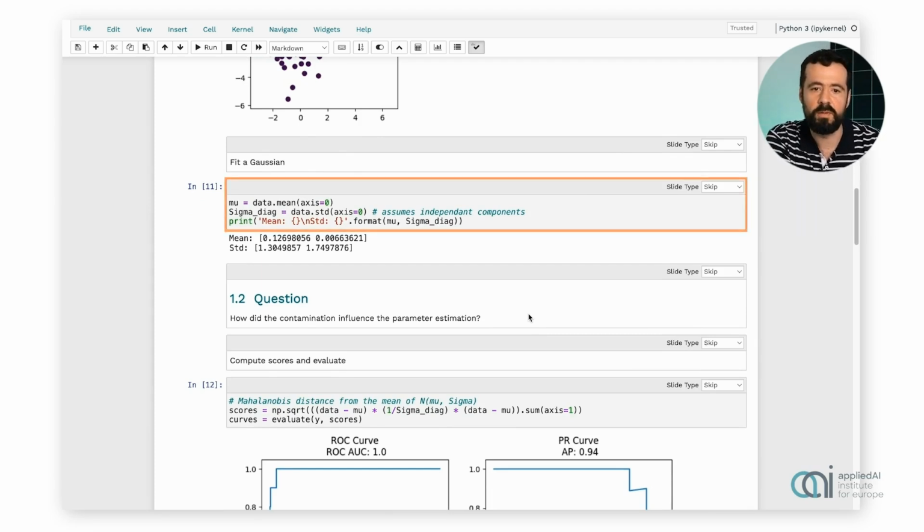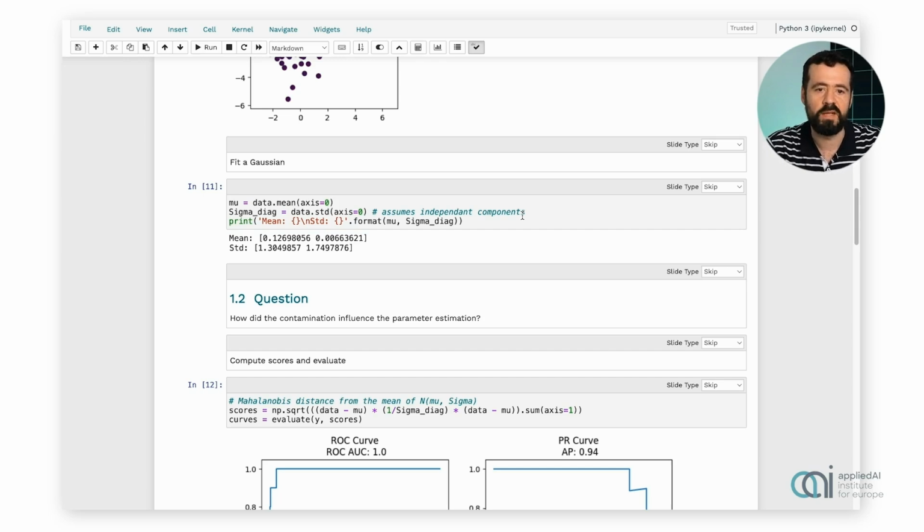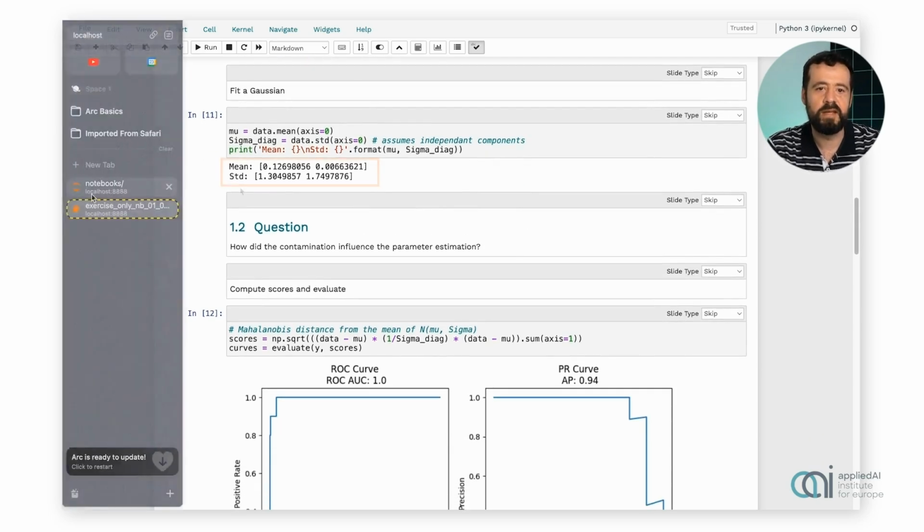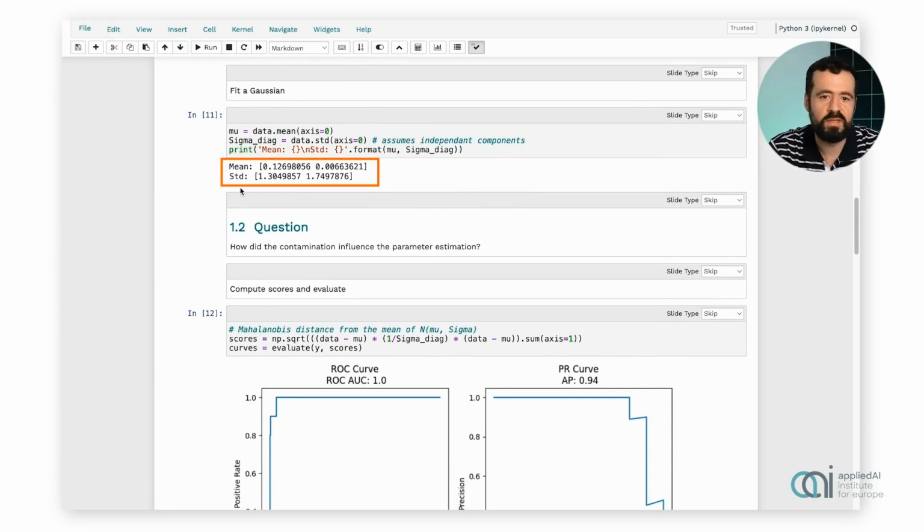We do this in the following cell by a very simple procedure where we make our lives a little bit easier by not fitting a full covariance matrix, but a diagonal covariance matrix, meaning that we assume that the dimensions are actually independent in the data set, which is true since we know how the data was generated. So we can have a look at our result. We can see that the mean is pretty close to 0, and we have standard deviations of 1.3 and 1.7